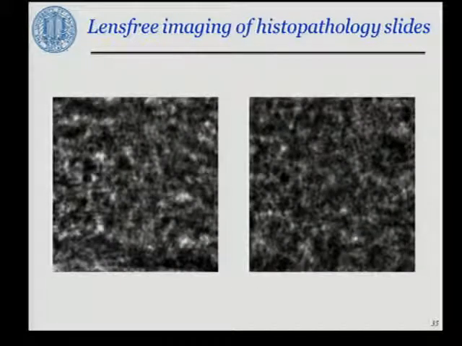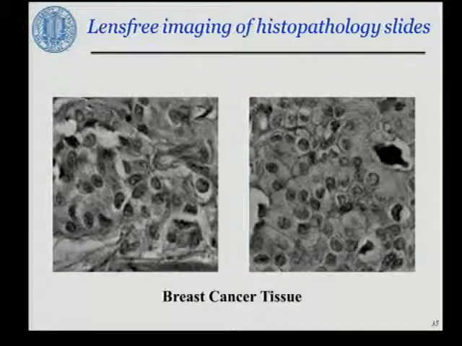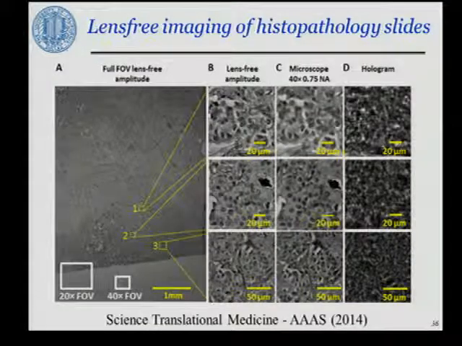And you can take holograms like this and start to essentially go to deeply subcellular resolution through phase recovery. This is a good example where you're also looking at a breast cancer tissue. Typical field of view of a 20x objective is shown here. Maybe a 40x, a higher resolution is shown here. And these are the zoomed-in images showing these subcellular features.